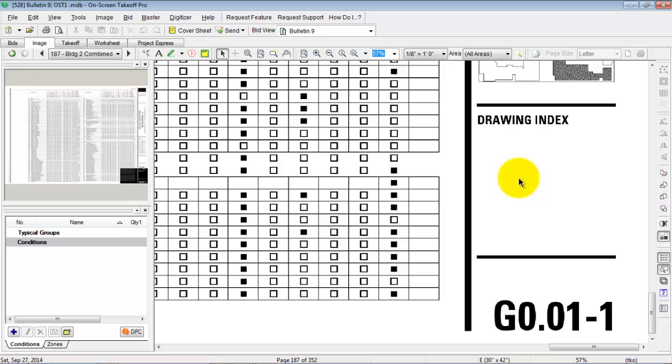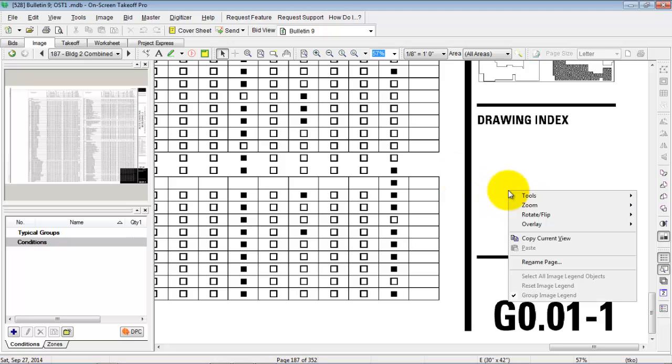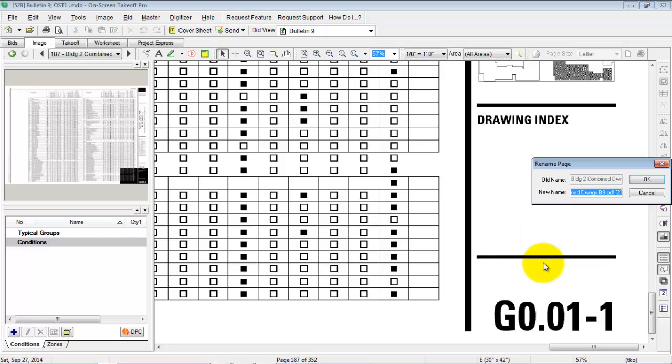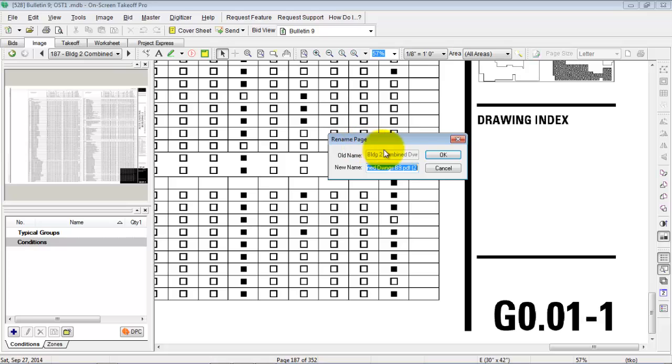The space bar usually selects different tools depending on which tool you're on. And what you want to do is go ahead and right click, and go down to rename page. Then right here where it says rename page, you want to hit backspace, and then you want to put in the page, which would be